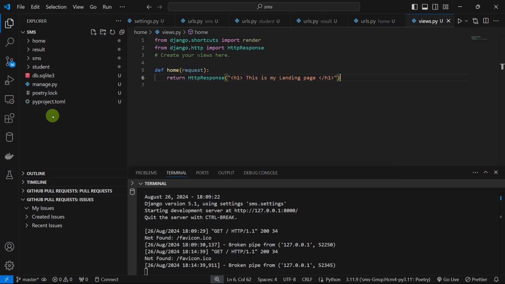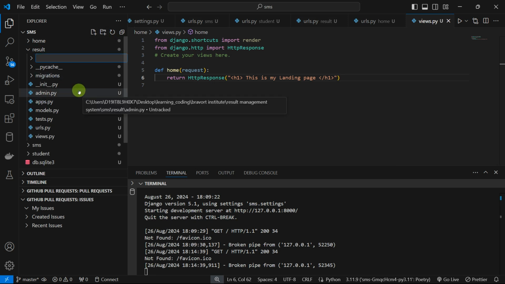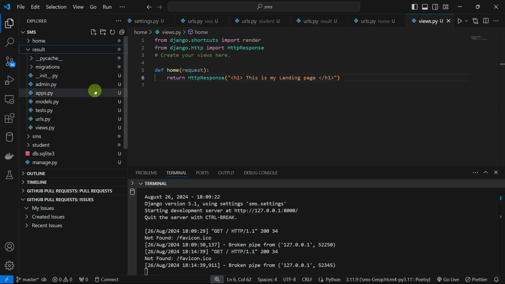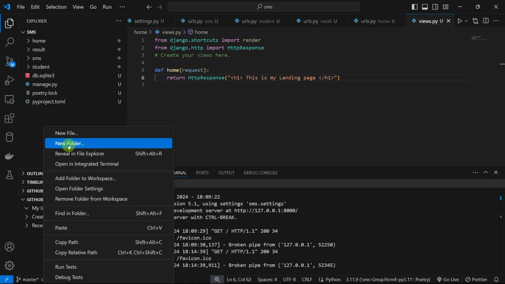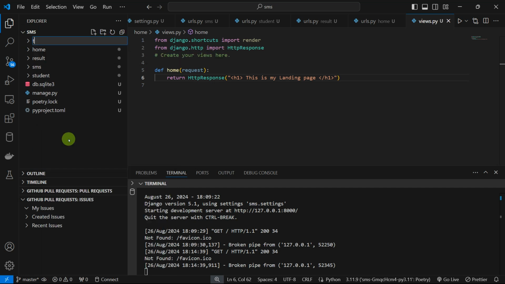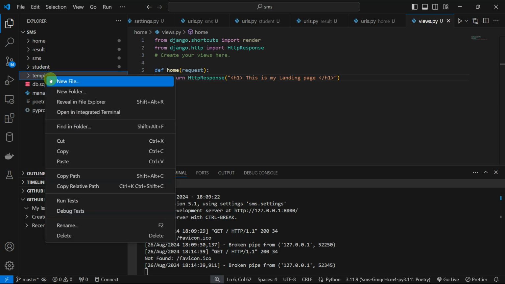templates, and all you just need to do is to create a templates folder on the main folder itself, which is the SMS folder. Right click, new folder, and call it templates. You can call it anything, but templates just makes sense. So when I right click, I would create my